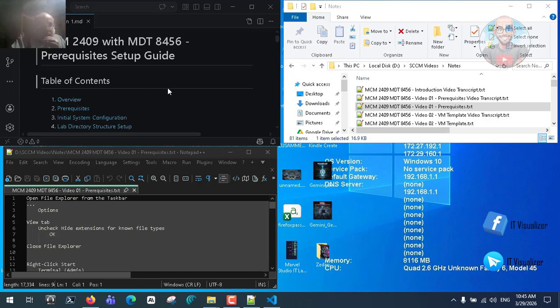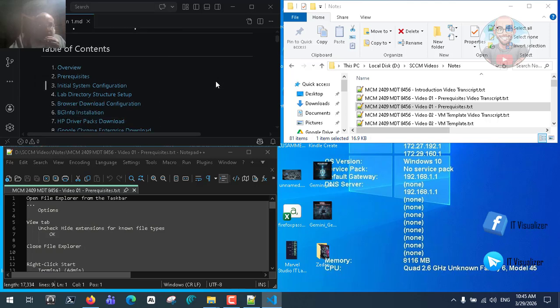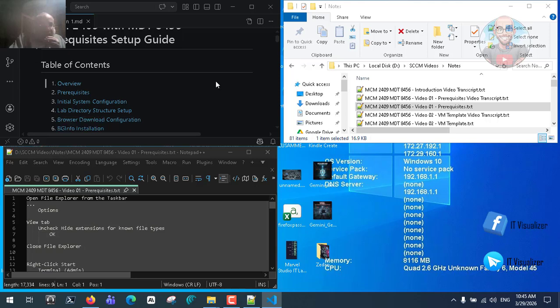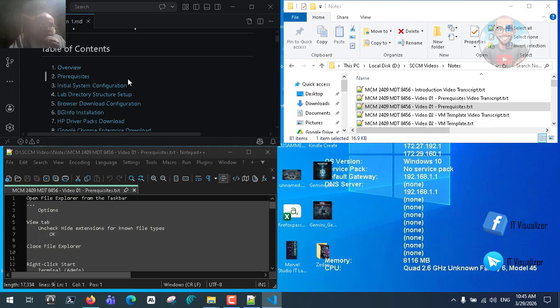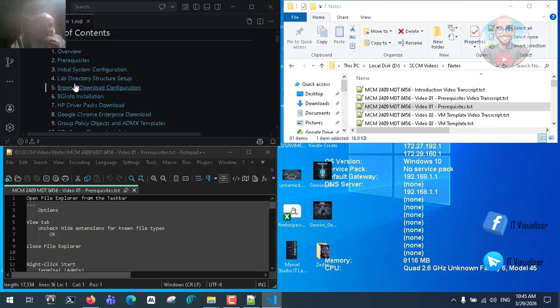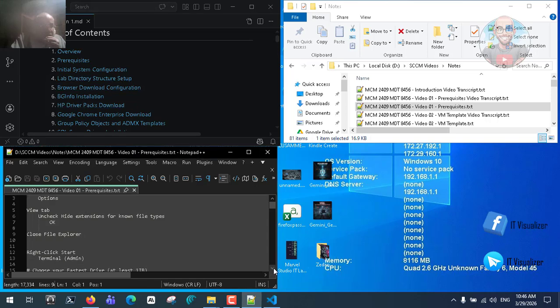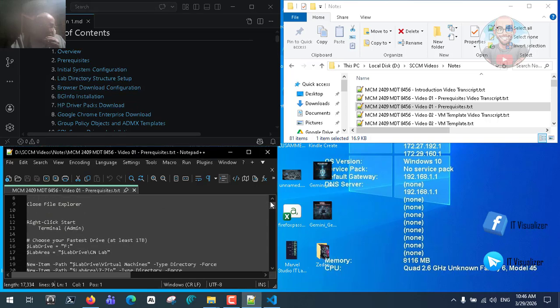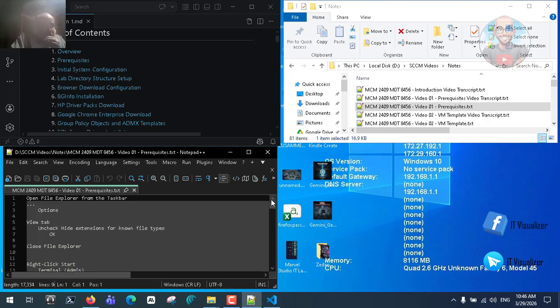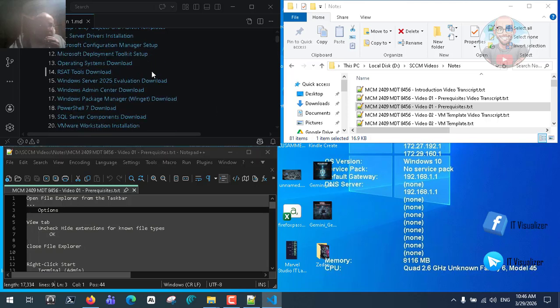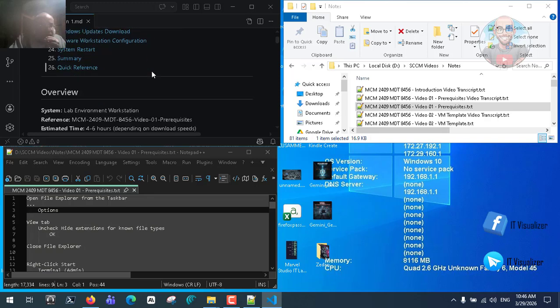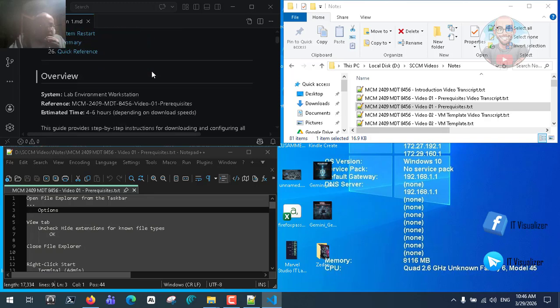This is the original document, and here we can see the enhanced one. We can see, for example, there is no table of content. Here we have overview, we have prerequisites, and then we have sections, initialize system configuration. All of this is not done in the original document. Most of it are, as you can see, raw steps without any title or without anything. So as we can see here, we have 26 sections,